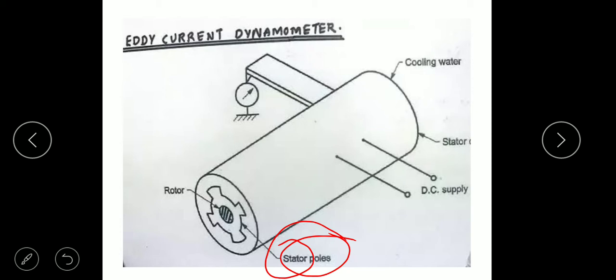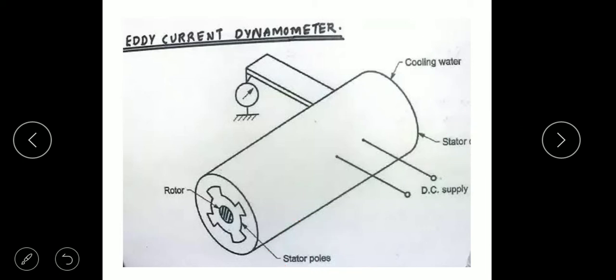On the notch portion the coil is wound, and the rotor is the shaft which is connected to the shaft whose RPM or torque has to be measured, and that rotor is rotating inside the stator poles, okay. And again the stator casing is there. So stator again is for the steady, rest portion, and casing means the outer shape, okay, outer portion. And to that stator casing we are going to provide the supply.